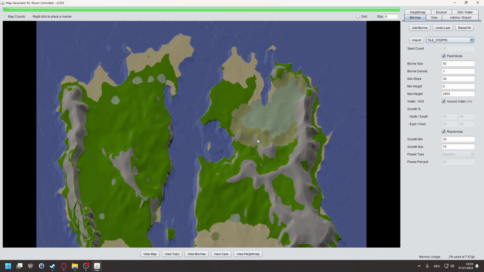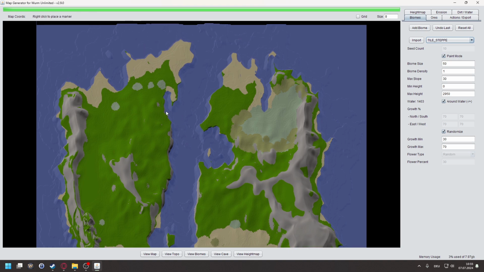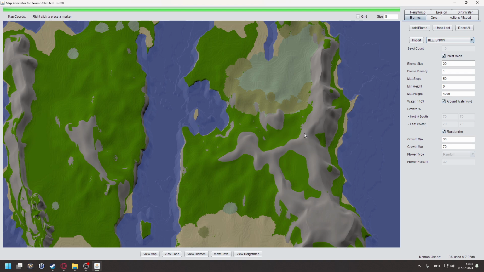All right, so it looks like this, neatly wedged in. Sure, I do now have the tundras here and here, but this is just to show you how to work with that tool, I guess. And next up is snow. Snow is a little bit finicky because you cannot put snow on rock. You have to put it on grass, and sometimes it just ignores the settings here because